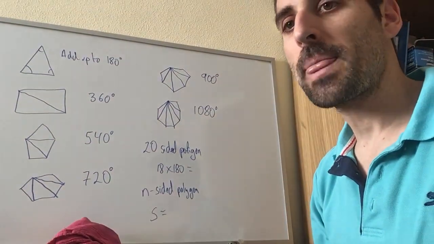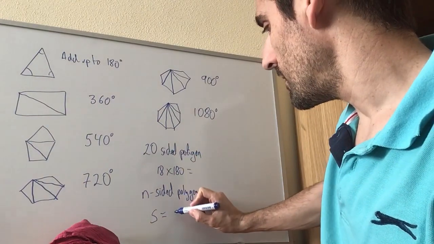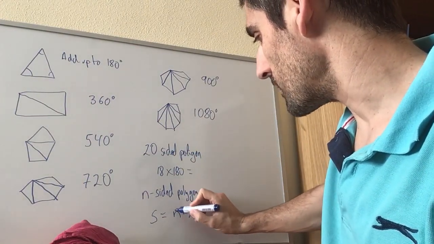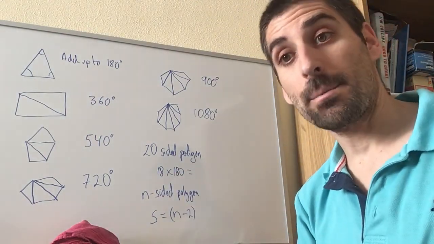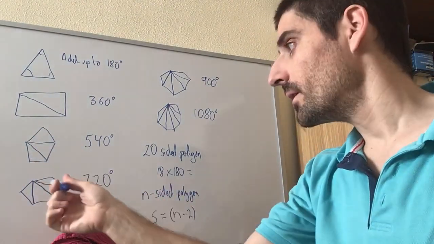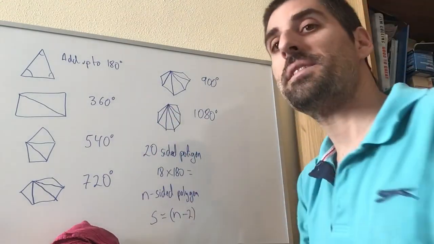Let's put it like that. S, the sum of the interior angles is going to be the number of sides, take away 2, because we said that every polygon can be split into 2 triangles less than the number of sides. A pentagon was 3, 5 minus 2 is 3. An octagon was 6 triangles, 8 minus 2 is 6. So it's the number of sides take away 2